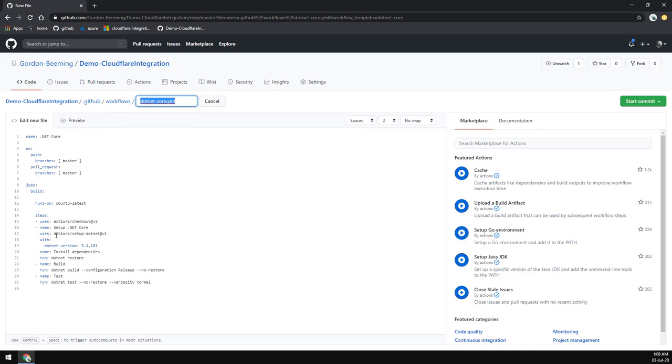If we look at this YAML, it's going to run on an Ubuntu agent. It's going to make sure that we have this version of .NET Core installed. It's going to run a .NET restore, build our app, and test the app. That would work just fine for us. After this step, we'd obviously have to package the app and then publish it to Azure, which is a couple of extra steps. So instead, we're going to open up this other tab and